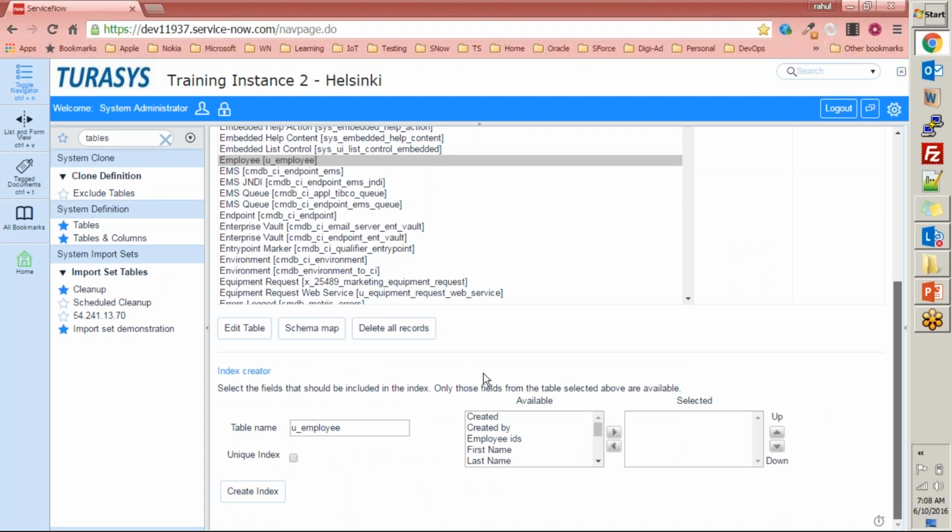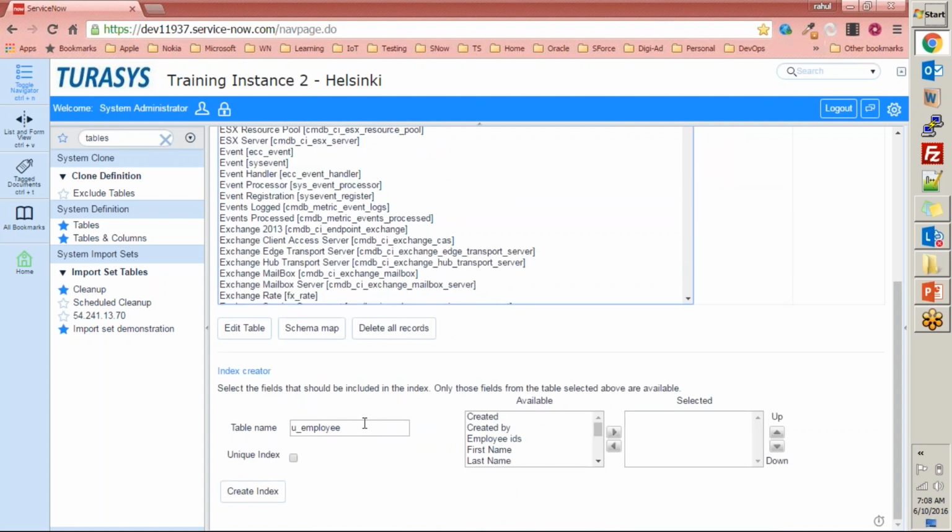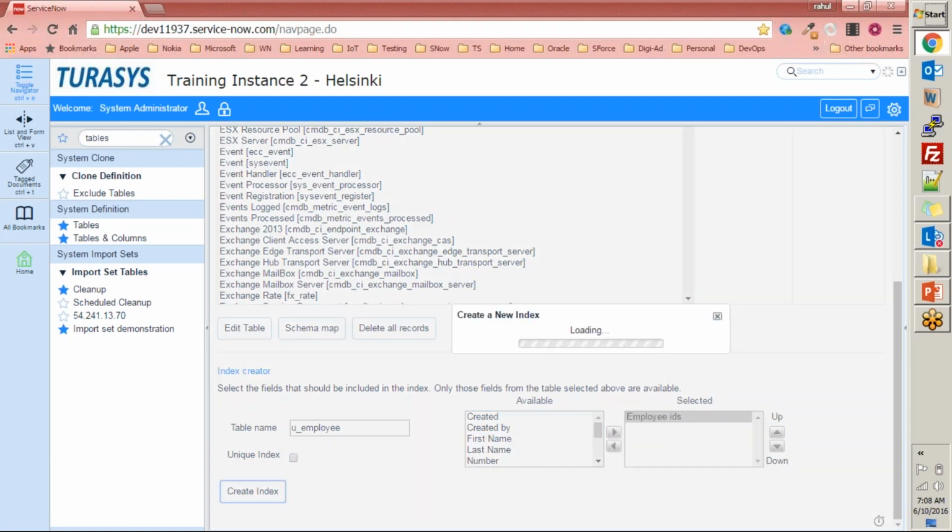However, you can have your own index here by using this index creator section down the page. It says select the fields that should be included in the index. Only those fields from the tables selected above are available, right? So you go ahead, pick the table name, like you pick this employee. The table name will automatically be selected as employee here, and then go ahead and pick the index column and select it and create index. That's it,